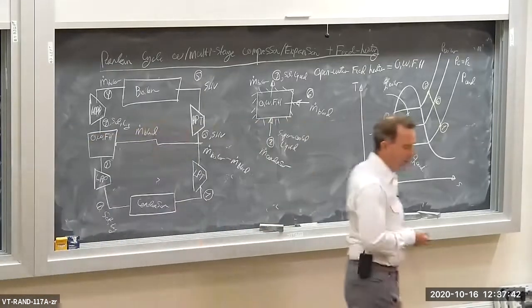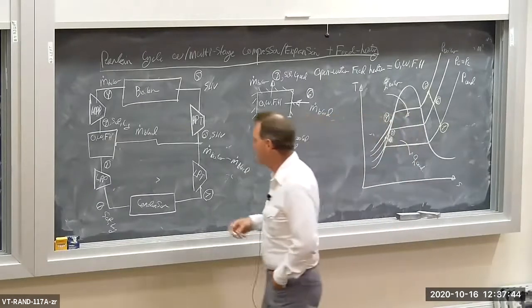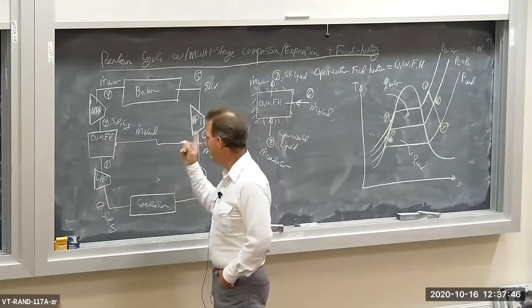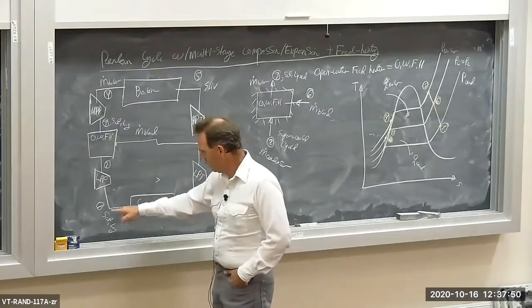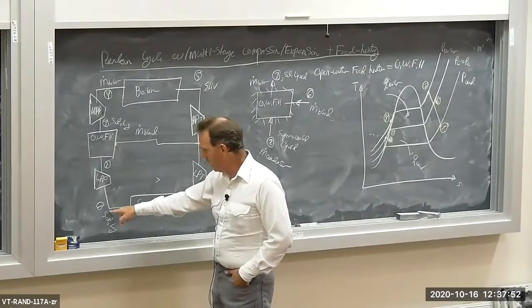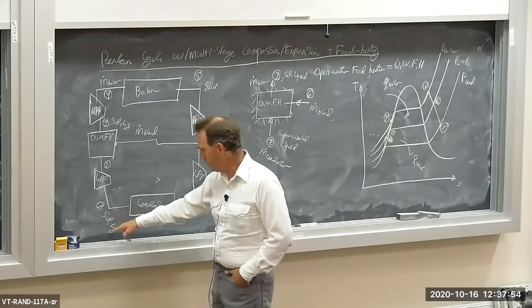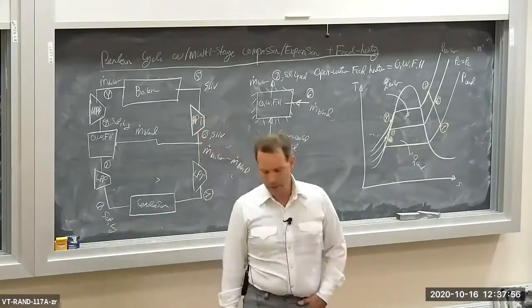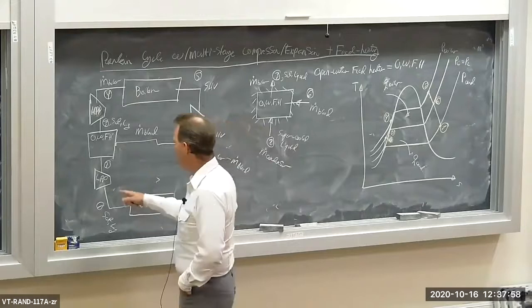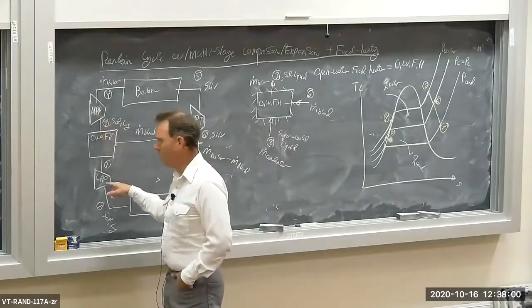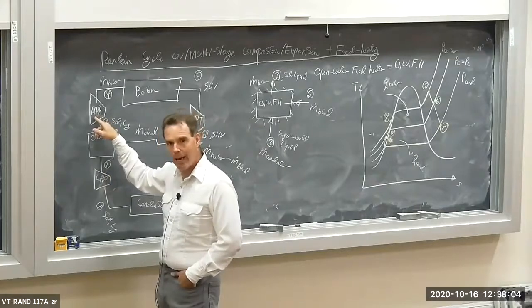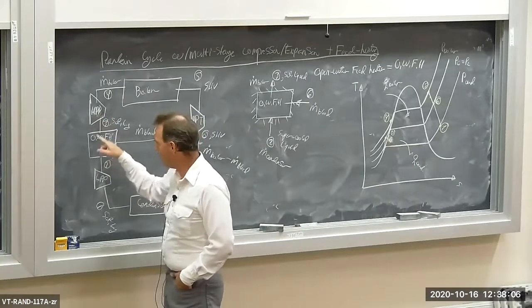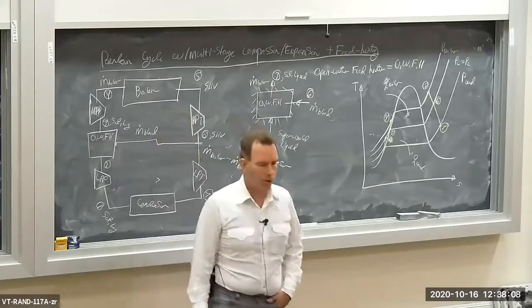So here we have a Rankine cycle with multi-stage compression and multi-stage expansion. What we have here is a condenser. We start off just downstream of the condenser as a saturated liquid, as usual. And instead of having a single pump, we have two pumps: a low pressure pump, LPP, and a high pressure pump, HPP, and in between we have this thing called an open